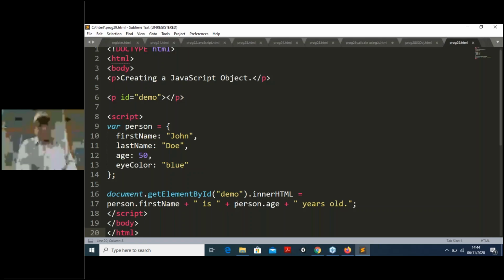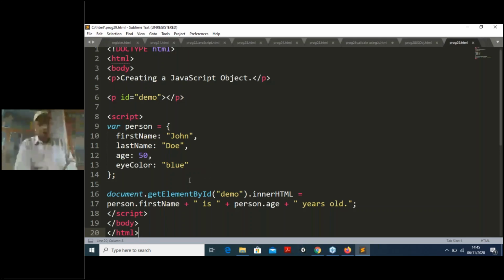and person.age, suppose my age is 50 or 60, so 60 years old. Okay, the full stop is also there, because this will be written as it is. You have nothing to do. What is under the double quotation, you can see a different color, yellow, also coming. This will be there as it is. Only person.firstName will be called from this one, and person.age will be called from this one.